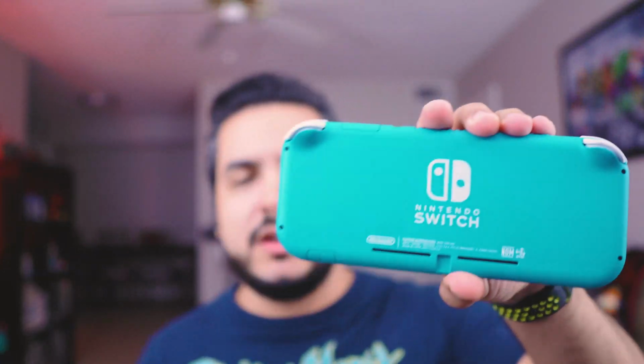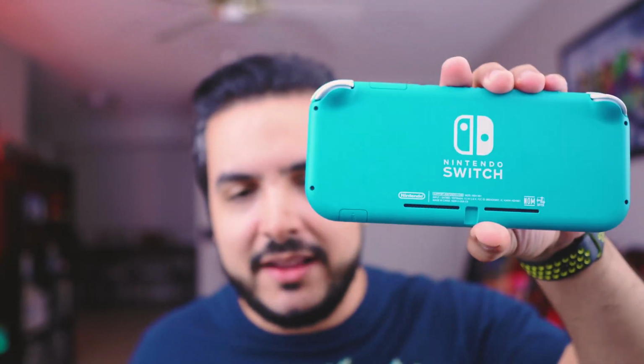So right off the bat, I just gotta say that the Nintendo Switch Lite is very light. Of course, it's in the name. Easy to handle, great to take with you, very portable and accessible at any point, anywhere you want to go, and just easy to play with. And it's extremely light. Now, this is made out of like a mesh plastic-like body, and it may not look like plastic, but upon close inspection, you can tell that it has a mesh-like body,